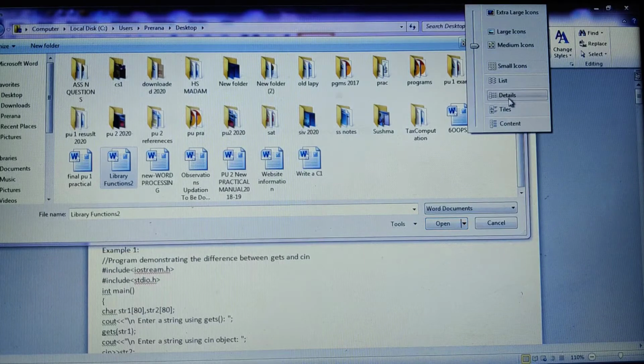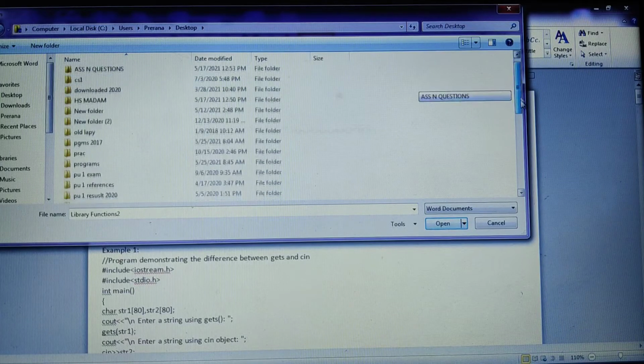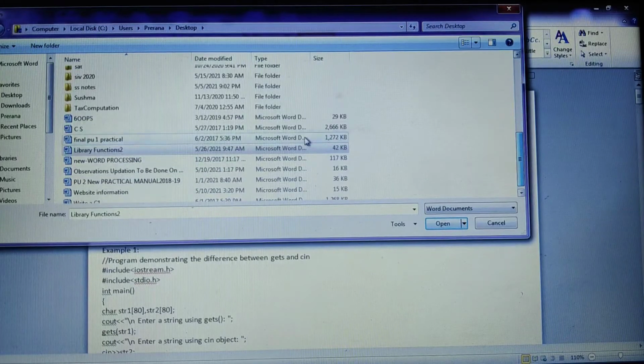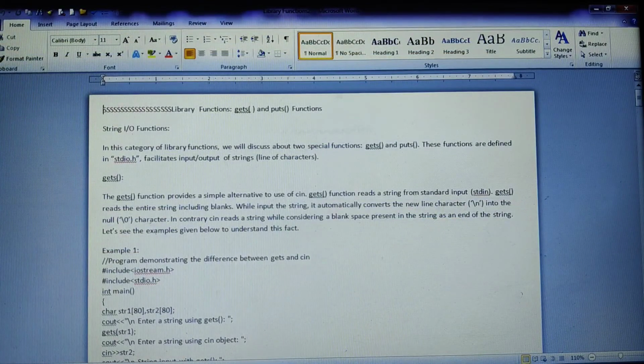or with the details, if you want to see it. See here, when the file was created and what the file type is. You can see it is a Word document. It is telling you it was created on 3rd 12/2019 at this particular time. It's a Word document, and it shows the size of that document. All these details will be viewed with the help of this Open dialog box. Clear, children? Okay, let us move on to our PPT again.